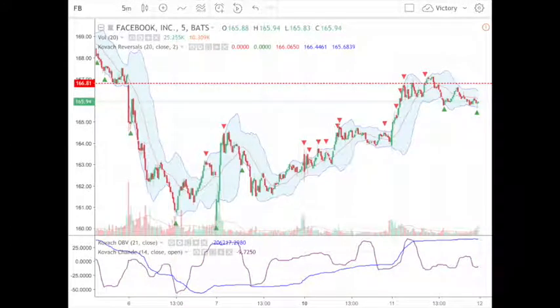In our final example, we take a look at Facebook. Notice how it's been rallying for the past couple days, and I also have this strong level here again shown by a dashed red line. At the beginning of the trading day, this represents a significant vacuum zone, and any bullish behavior whatsoever is highly